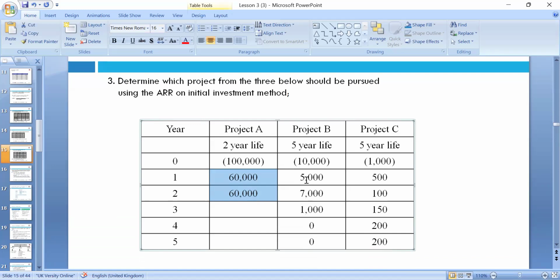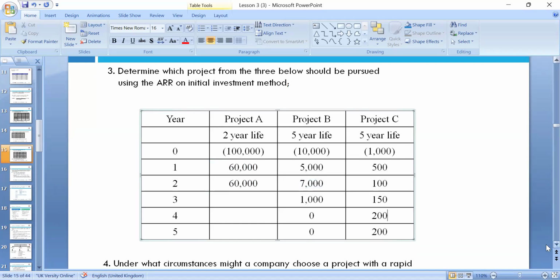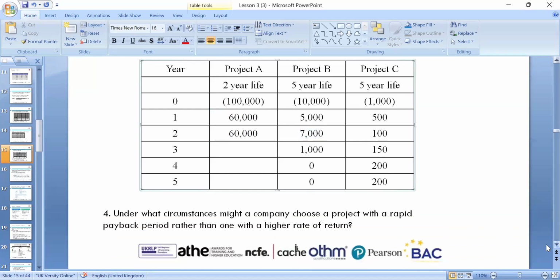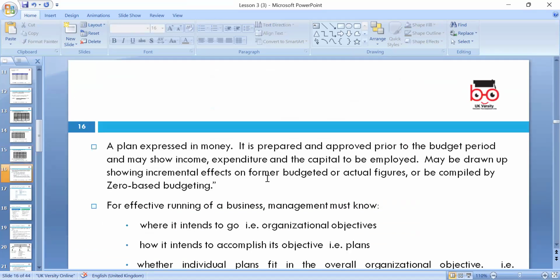So you can look around 5, 7. This project will take 1 year and few months, and this project will take more than 500 to 50, 200. This project will take 4 years and few months. So we can look around on the basis of payback. We can do ARR, and then we can decide which project you want. All these investment appraisal methods are quite good to look at, and we want to budget our capital